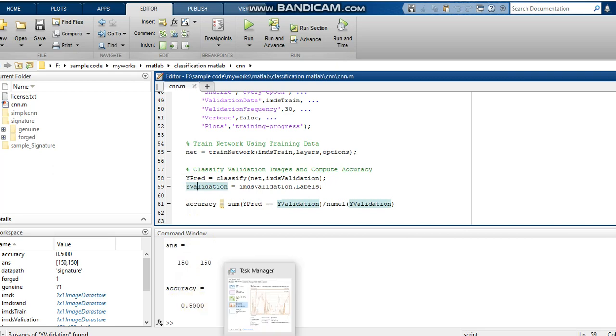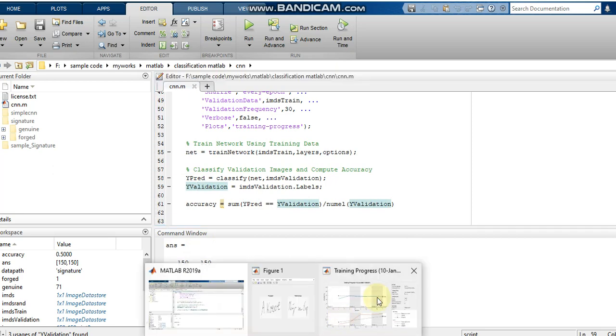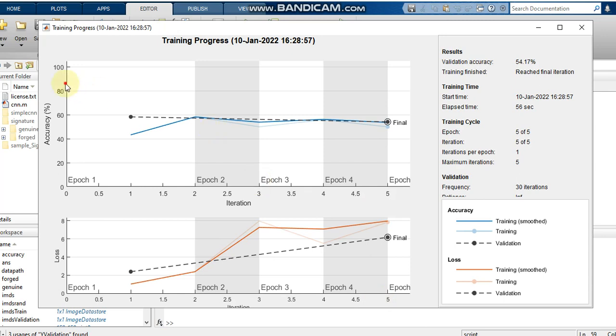Now we can see the plots which were obtained previously. You can see this is the accuracy and loss. Our system is better if the accuracy increases and the loss decreases. But here you can see our accuracy decreases and loss is increased. So I think you are pretty sure that this is not a good classification system.